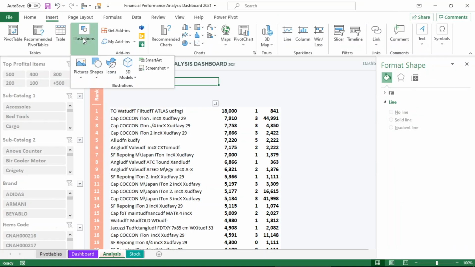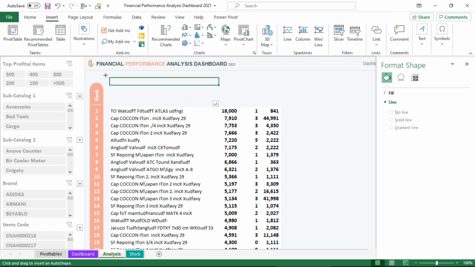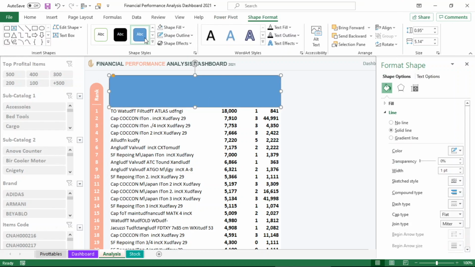Instead of the column headings in the pivot table, which we hid, we will now insert a rounded rectangle and show the headings more beautiful and creative.